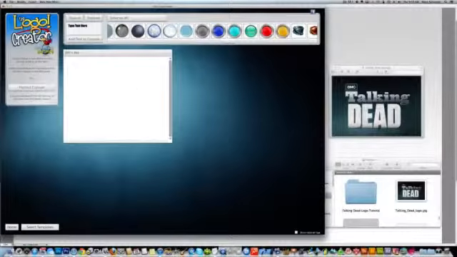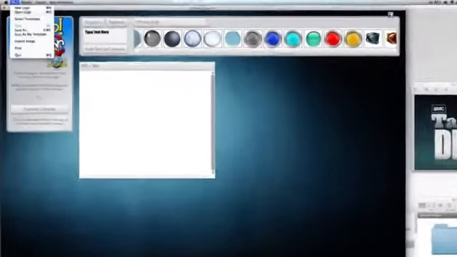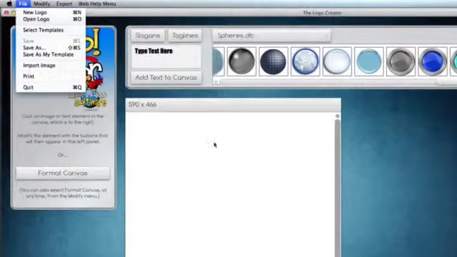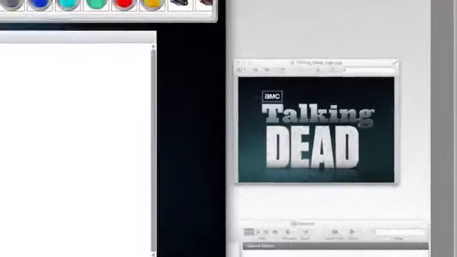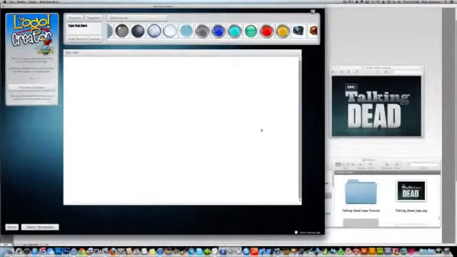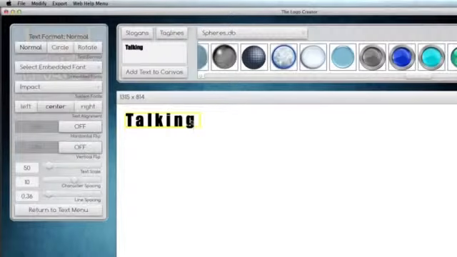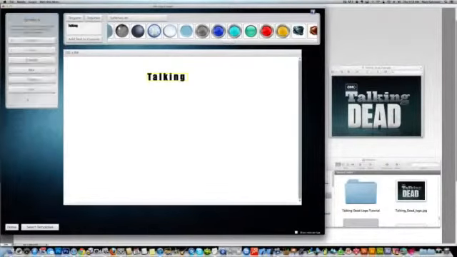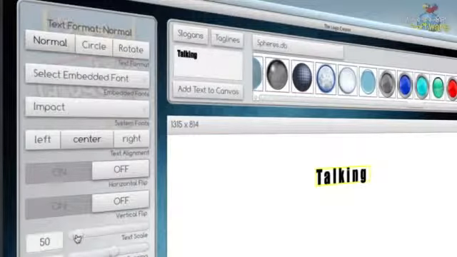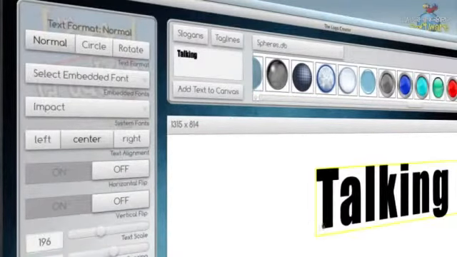Here we go. All right, here we are in a new document in the Logo Creator. I simply went under the File menu and hit New, and it created a blank document. I have the logo here I can look at, so let's get started. Make the window a little bigger. And the first thing we have to do is type in the text. So we type in talking, add to canvas, and we'll make it bigger by scaling, format, scaling text,